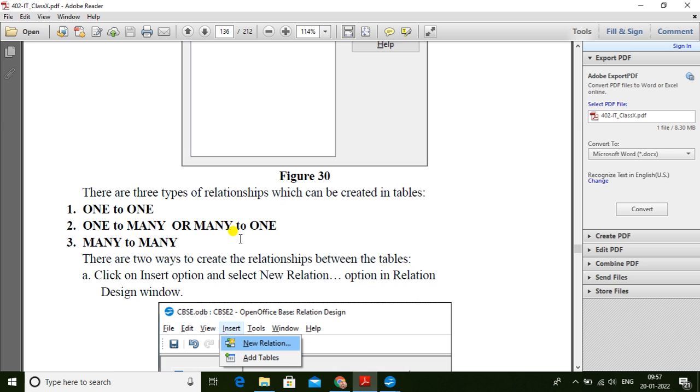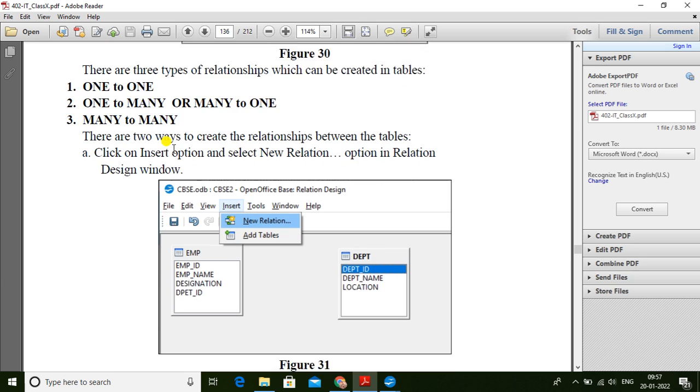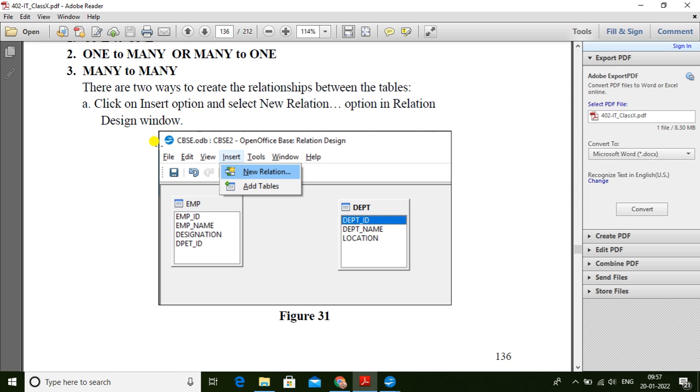Okay. There are three types of relationships which can be created in tables: one to one, one to many or many to one, and many to many. Okay. So first of all, there are two ways that we can create a relationship.